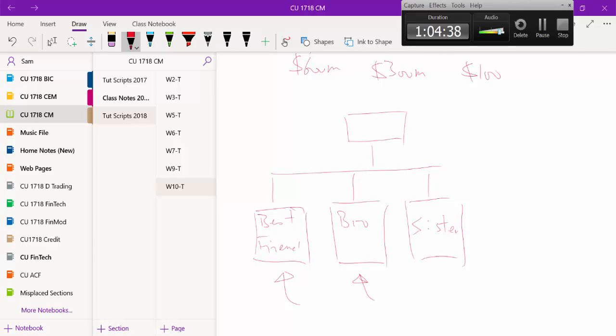Now, your best friend is quite likely going to say, well, none of your business. As long as I am paying you, what are you worried about? You are worried because your brother can bring the whole family down. And I'm not kidding about that, because that was what happened